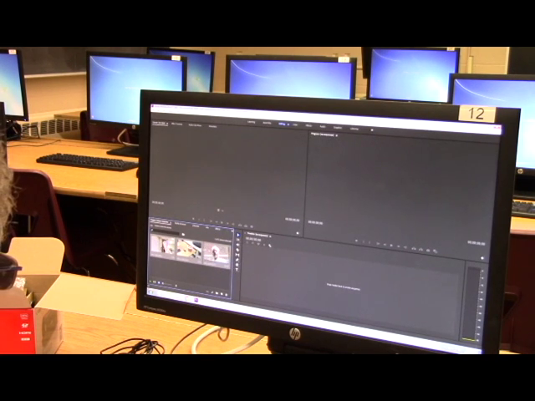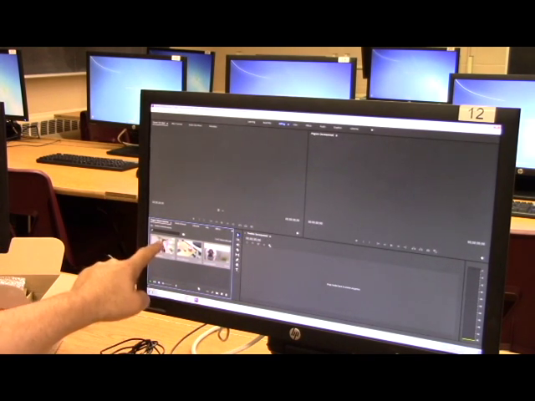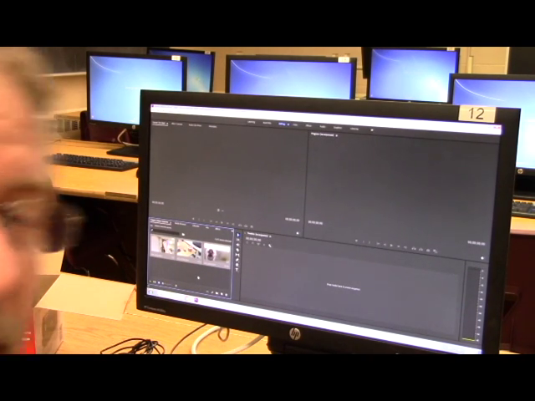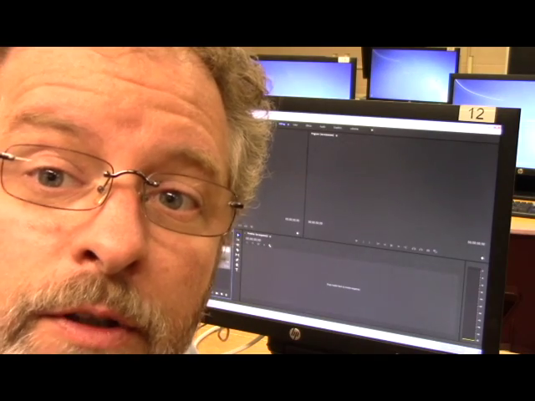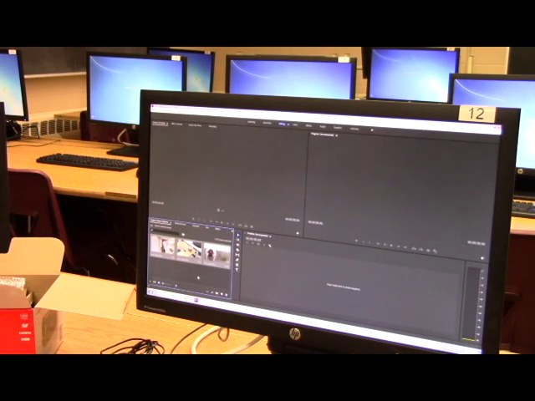Okay, so I've got my three files. This is the file that has the shots of my actor reacting to something. This is my first object, this is my second object. Now, for the Kuleshov experiment, you're going to shoot 3 shots, but you're going to end up splitting it into 6. Fun. More on that later. Alright, so first thing I want to do is get my first shot